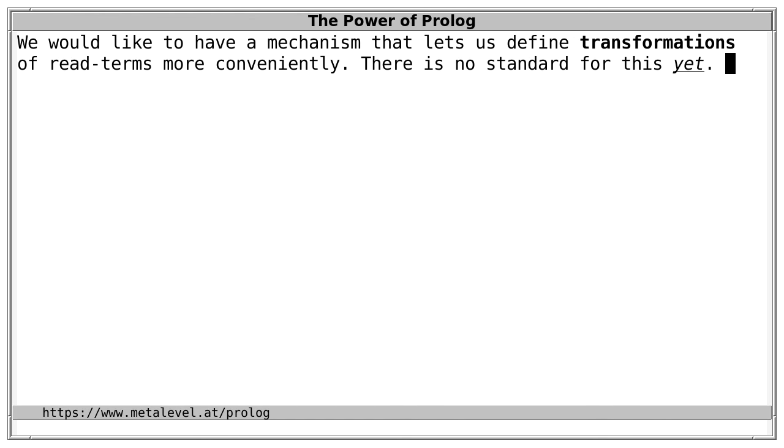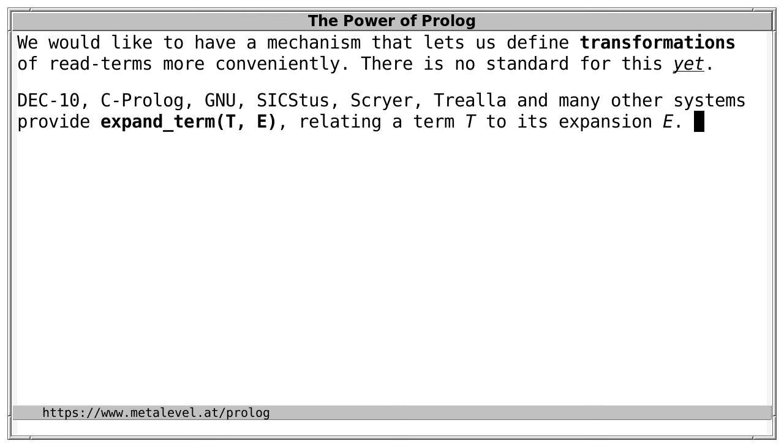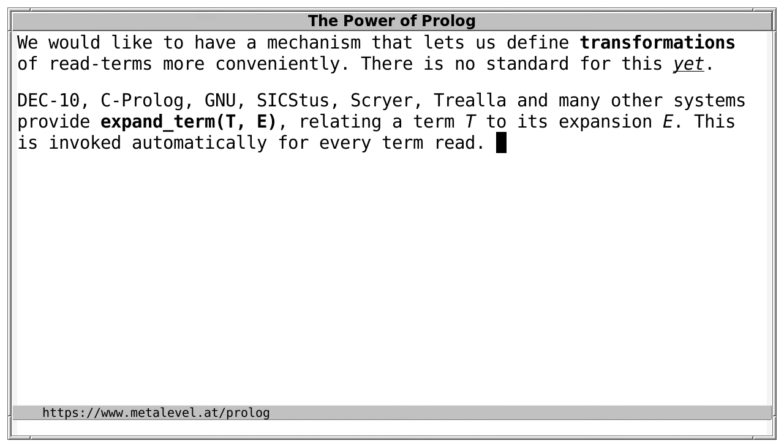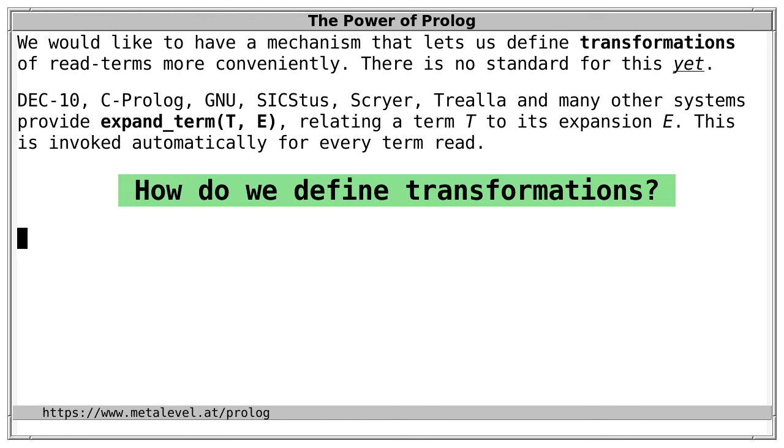However, there are a few commonalities between Prolog systems that help us imagine how such a mechanism could look like. For instance, many Prolog systems, starting with DEC-10 and C-Prolog, and including GNU, SICStus, Scryer, Trealla and so on, provide a predicate expand_term relating a term to its expansion. And this predicate is automatically invoked for every term read, leaving the question,